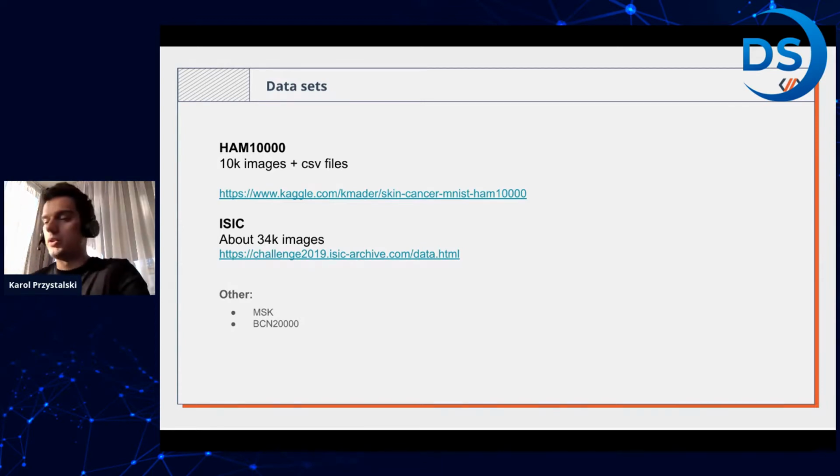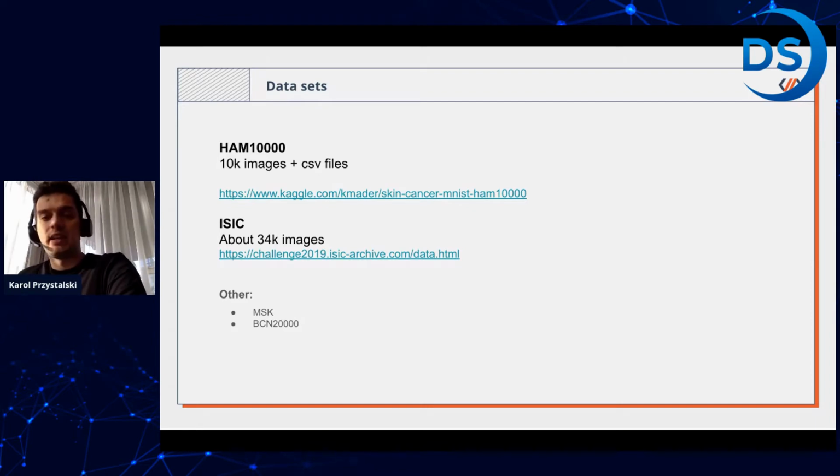But now, if you want to start research on skin cancer, you can easily download more than 30,000 images on the ISIC webpage, for example. Everyone can do it. It's public, so you can use it for research, and that's a huge improvement when it comes to how skin cancer analysis is done. And actually, this problem applies also to other health tech illnesses. Same with breast cancer, brain cancer, and so on.